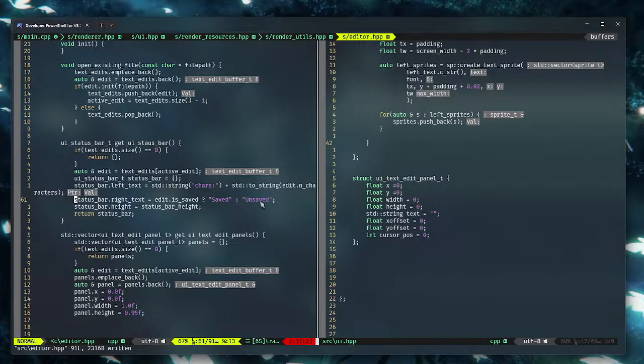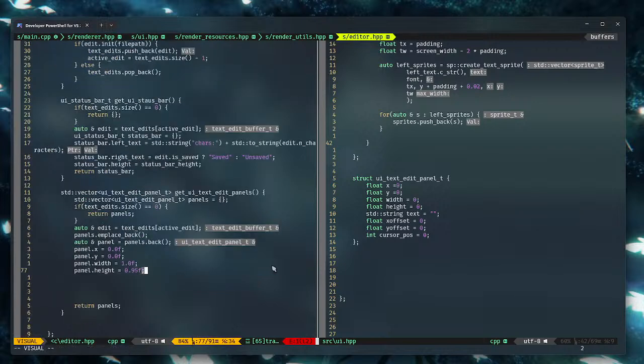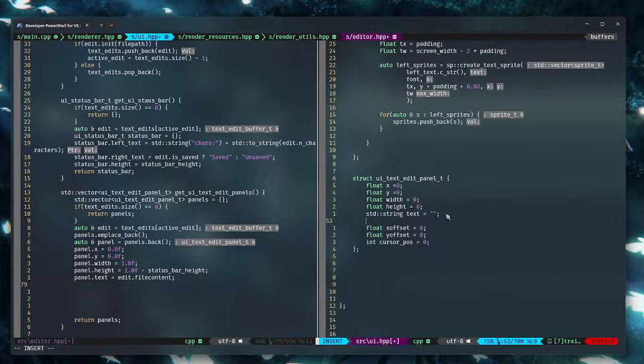So we will have a string builder, but these things we'll do later. We are in a crunch of time, I guess. So yeah, the height will be not this, but like I think 1.0 minus this, right? This is the panel height, and then our panel has the text. For now, our panel text is just the file content, right? And our panel header, right? So in the panel, we'll also have the text, and we'll also have the title,